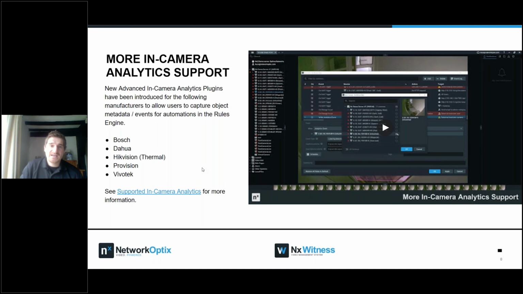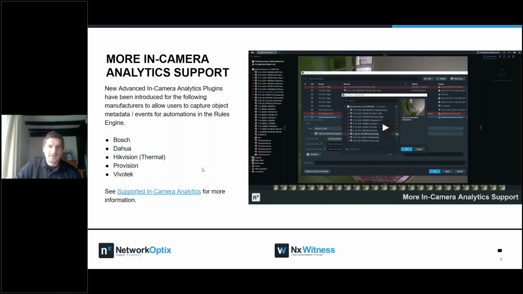And then on top of that, as you'll have seen in the last release, we had the ROI. And ROI is where we can actually set all the settings for the camera from inside of our software. So the region of interest settings, like the line crossing, the perimeter detection, all those settings can be set from inside of our software. I've got a good demo to show you of this later so you understand exactly what we mean. But this is kind of what most of our effort for this release has been put into,